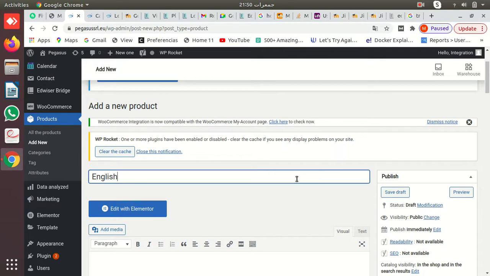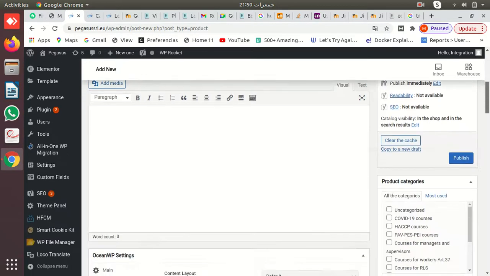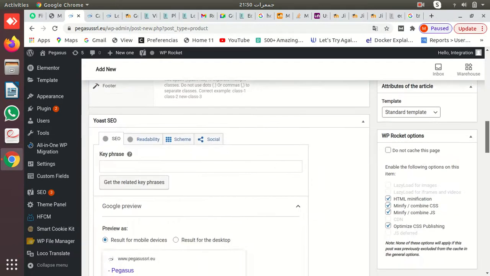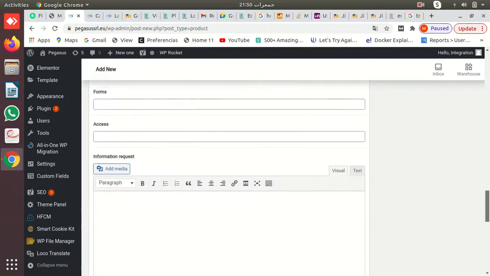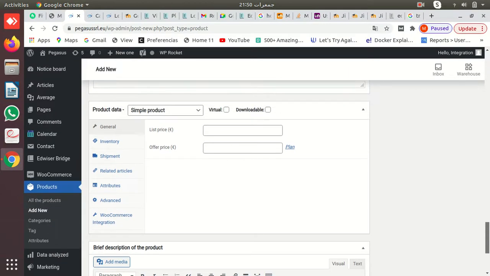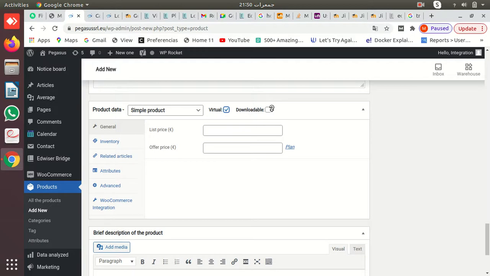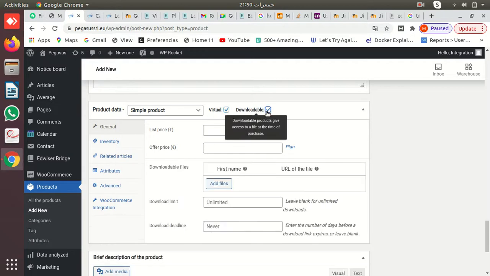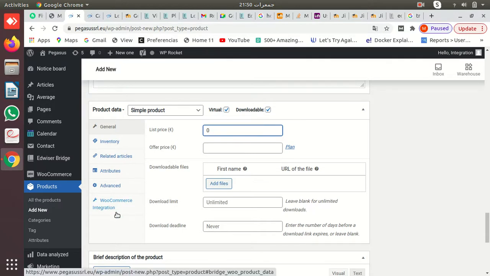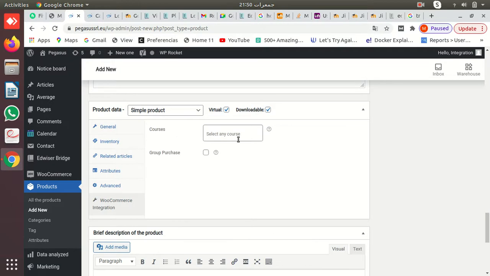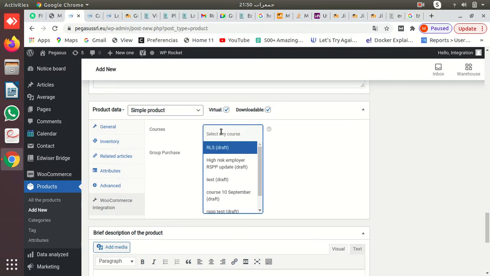Let's name this English, and scroll down. The first main rule is to check virtual, and you have to check downloadable. Let's make the price 0 for now, and then come to the WooCommerce integration.